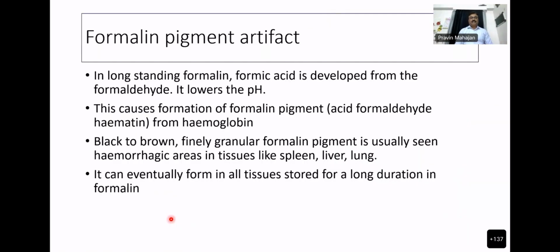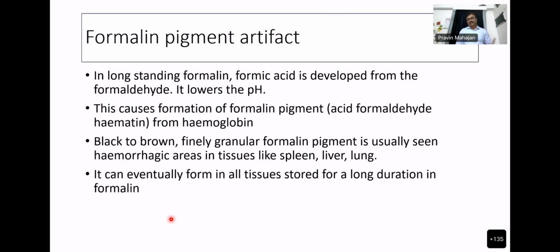Now coming to the next artifact, which is called a formalin pigment artifact. In long-standing formalin, when the tissue is kept for a long time in formalin, the formalin starts to produce formic acid, which lowers the pH and makes the formalin acidic. Now in this acidic environment, when this formic acid reacts with hemoglobin, it starts to form what is called acid formaldehyde hematine, which is nothing but a formalin pigment, and which then precipitates in the tissue,